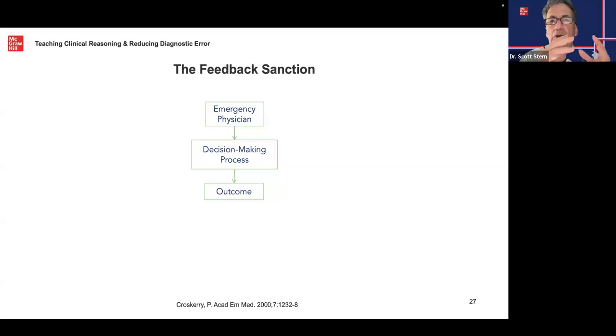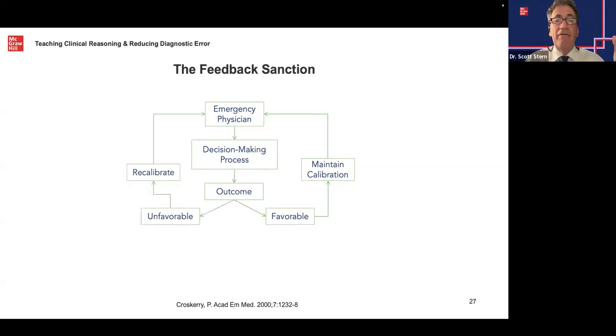Part of this problem is that the students don't really get serious, deliberate feedback when they're processing patients. So Crosby published an article where he described the feedback sanction, and that's this. If you imagine a physician seeing a patient, they make a decision and there's an outcome. If it's favorable, they're like, great, I did great. I'm going to do that again. If they find out that it's unfavorable, hopefully they'll recalibrate. The real problem is when they don't know, which often happens, and often happens to students. And if they don't know, they keep doing the same thing. So practice isn't enough. It needs to be deliberate practice that gives them feedback so they understand their cognitive errors